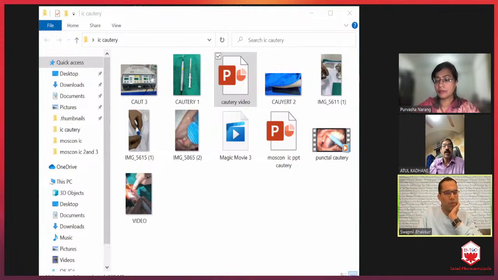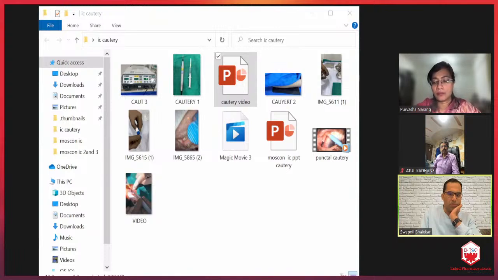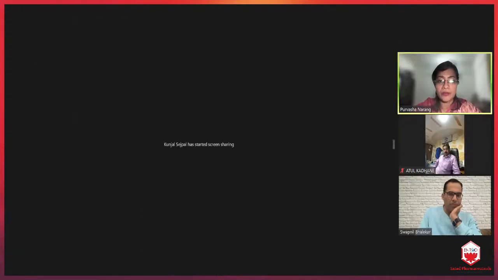You can just show the video now. Are you able to see? No, you can just unshare the screen and share it again. Okay, I'll stop and restart. Kunjal, you'll have to stop the other tabs which are open. Now we were able to see your desktop.